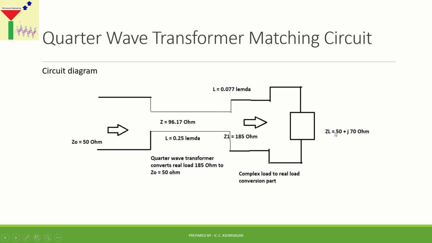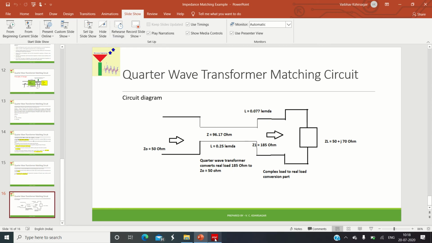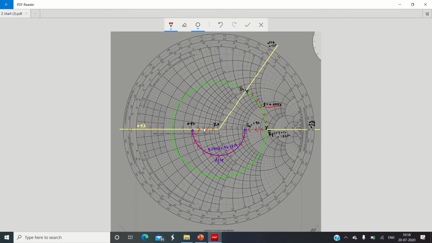But if the complex load impedance is given and we want to match it to the transmission line using a quarter wave transformer, then we need to insert this additional transmission line over here by selecting an appropriate length. This completes the illustration of the example of the quarter wave transformer manually. The Smith chart we already have over here, this is that particular Smith chart. This Smith chart represents the procedure of how to design a quarter wave transformer matching circuit. All the labels, all the tracing and all the graphs are showing the manual operation on the Smith